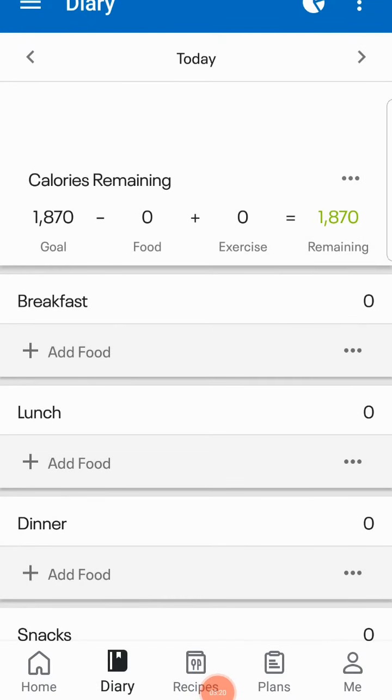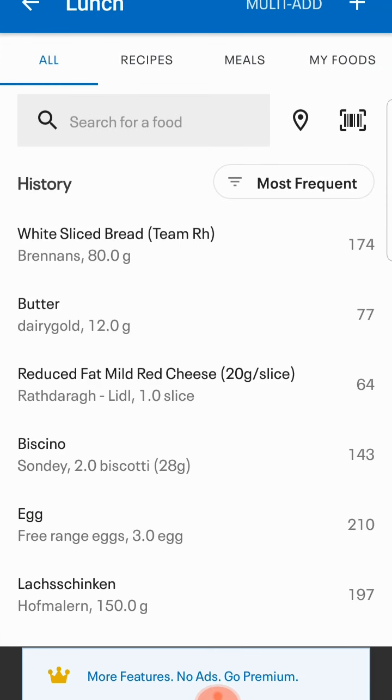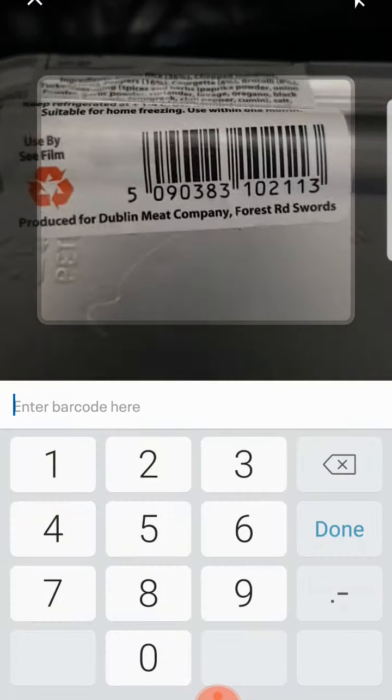When you do that, I'm going to pick an item. I'm going to have a lovely turkey burrito bowl for lunch. So I'm going to click into lunch, and you click where it says add food. Now you see just on the right hand side there's a little icon of a barcode. So if you click on that and scan the barcode on the item that you've got,